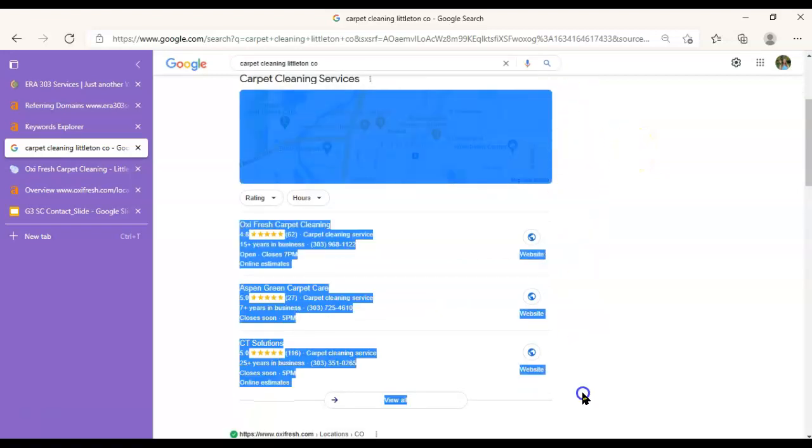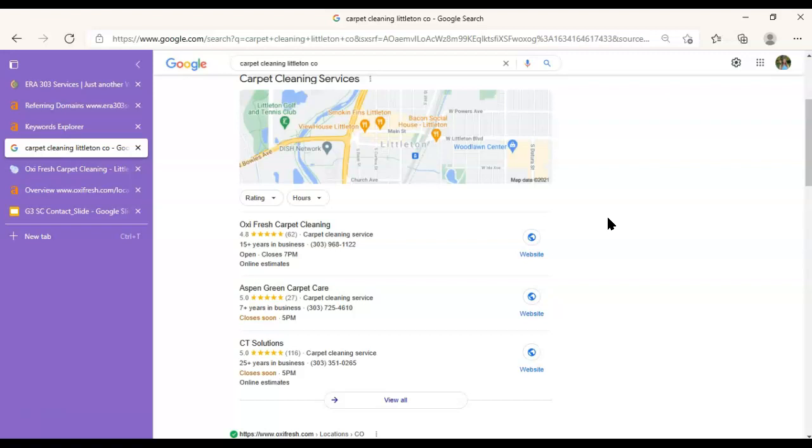And then down here, this is the map section. How you get up into the map section is by making sure that your Google My Business listing is up to date and accurate. And then you're going to take that information, specifically your name, address, and phone number, and put it into different directories like Yelp, Yext, CitySearch, White Pages, Yellow Pages, I could go on. And these different directories where you can list your information, every time that you do that, it's going to count as a citation. And a citation is basically a vote of confidence telling Google that you really do serve this area, and that's going to push your